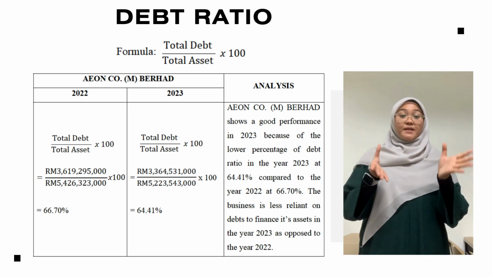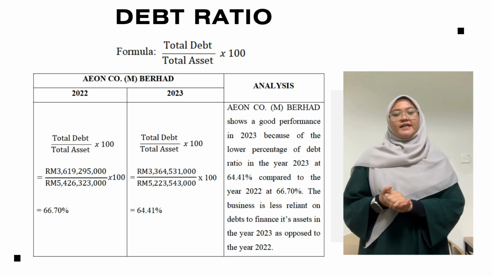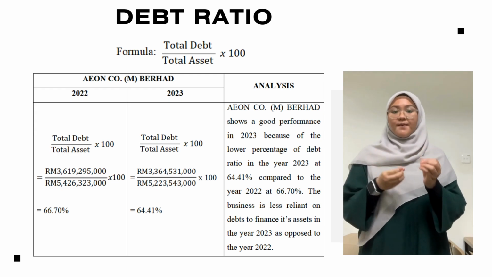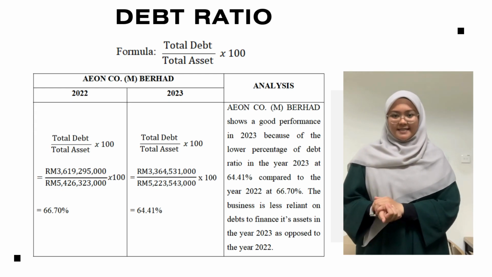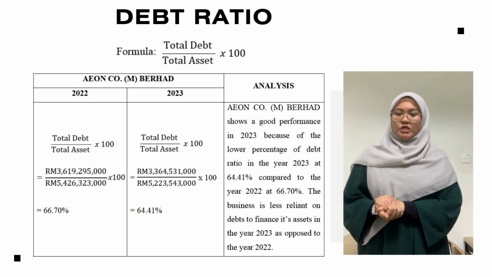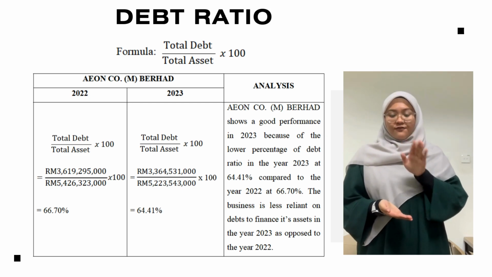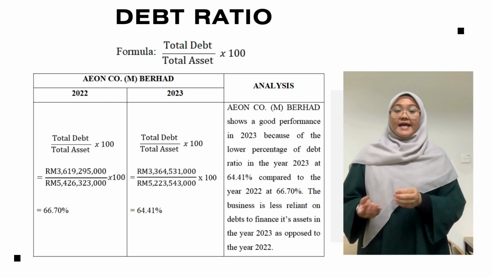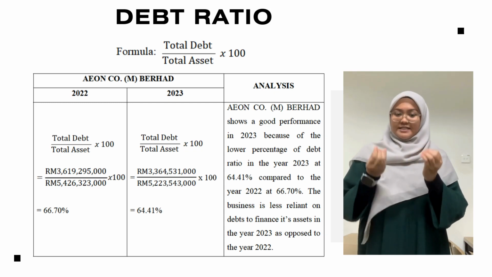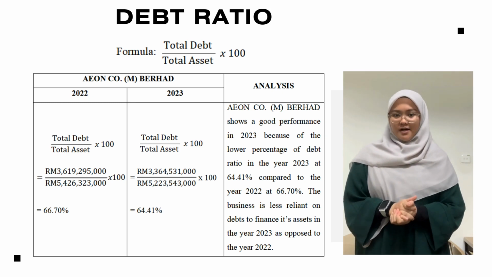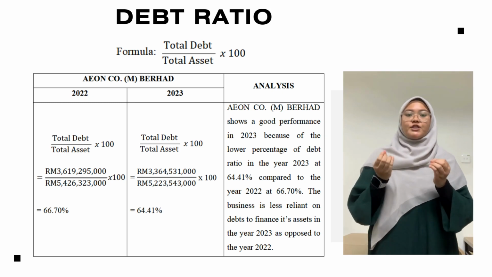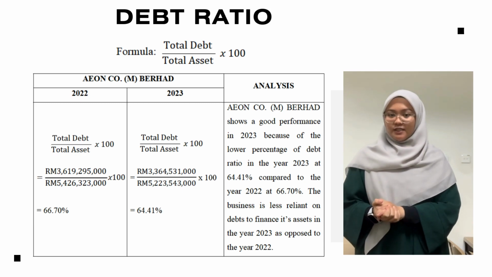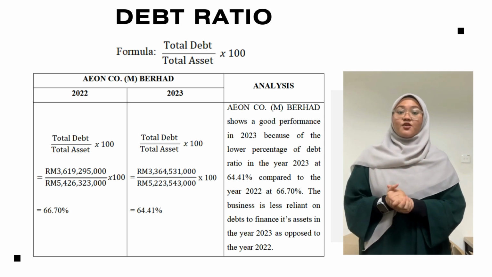Debt ratio, simply put, is a financial metric that measures the proportion of a company's total debts and total assets. The formula for debt ratio is total debt divided by total assets, and if you want the results in percentage, times that by 100. Now for Aeon Corporation Berhad in the year 2022, their total debts is at